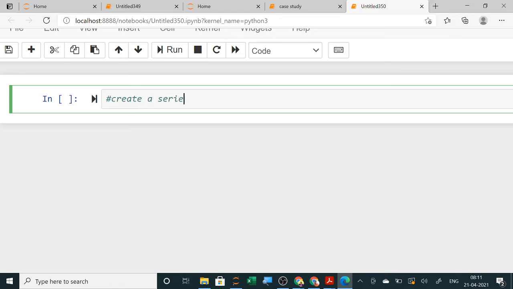Create a series using a dictionary, and the dictionary containing names of students as key and marks as value. So names of students with their marks. Clear? And then you have to find how many students are there in a class.